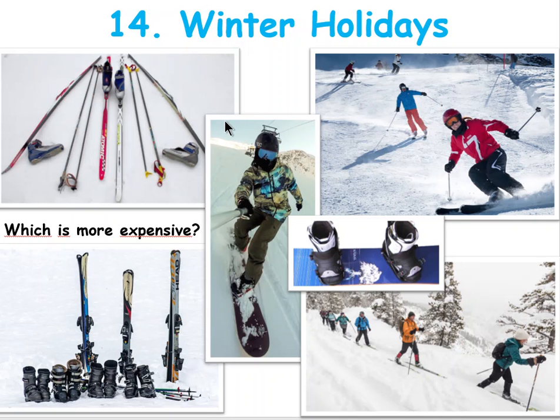Right, so we were talking about winter holidays, and we have different types of activities on the snow. So we have obviously cross-country skiing, the equipment there, pretty much the same: boots, ski boots, poles, ski poles, skis, these goggles, remember, goggles, a helmet, and back protector, spine protector,